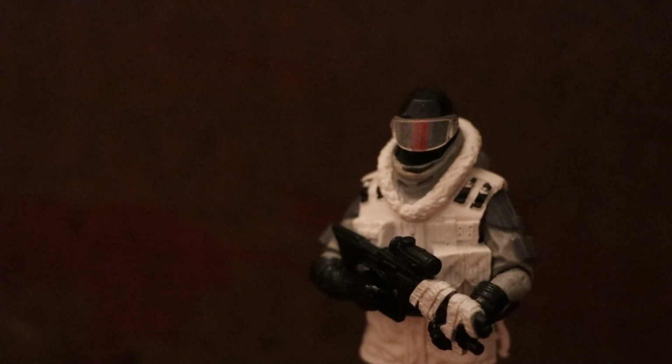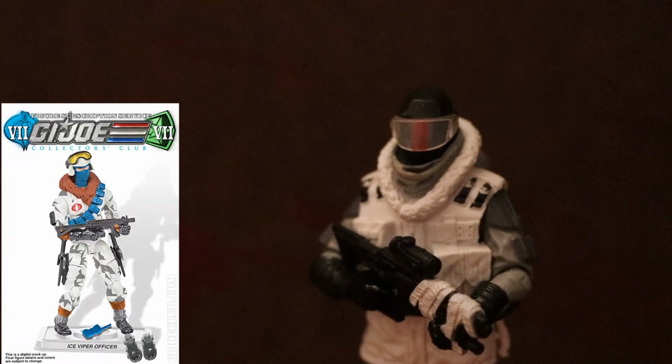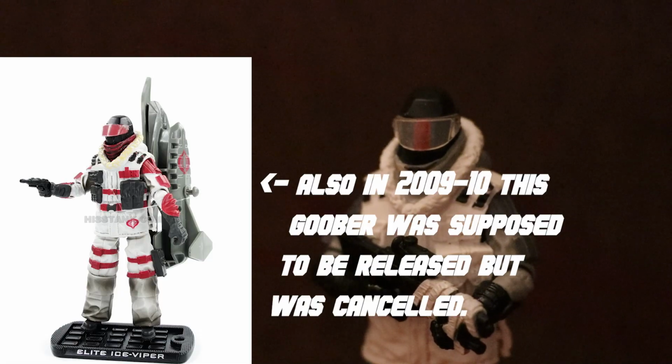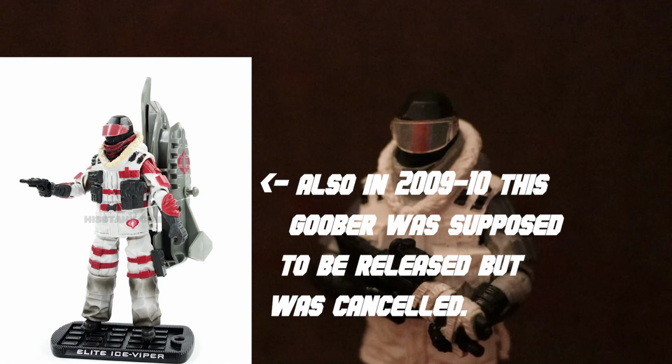We also got a brand new Ice Viper Commander / Officer, because I believe it's also called Commander. I didn't know it was the Ice Viper Officer. Yeah, it's the Ice Viper Officer. The biggest difference between both of those is that one of them's blue, the other one's black. When it comes to Roger, confusing. But anyways, this figure is